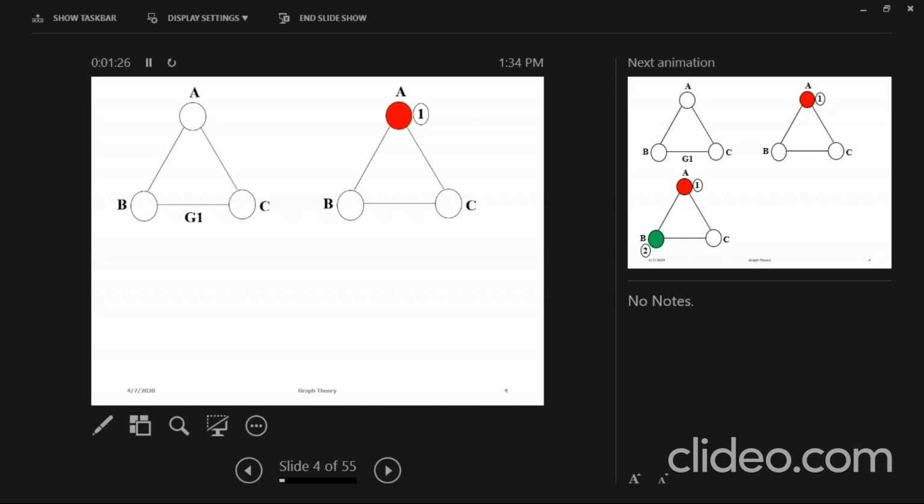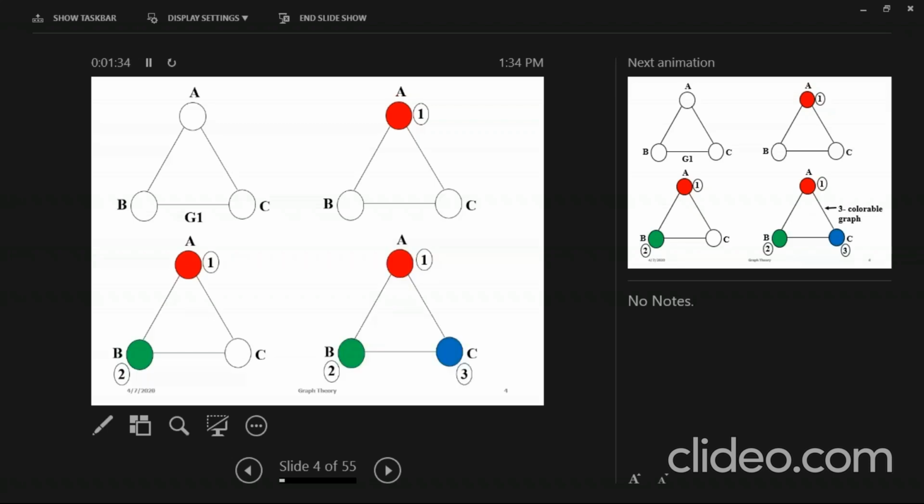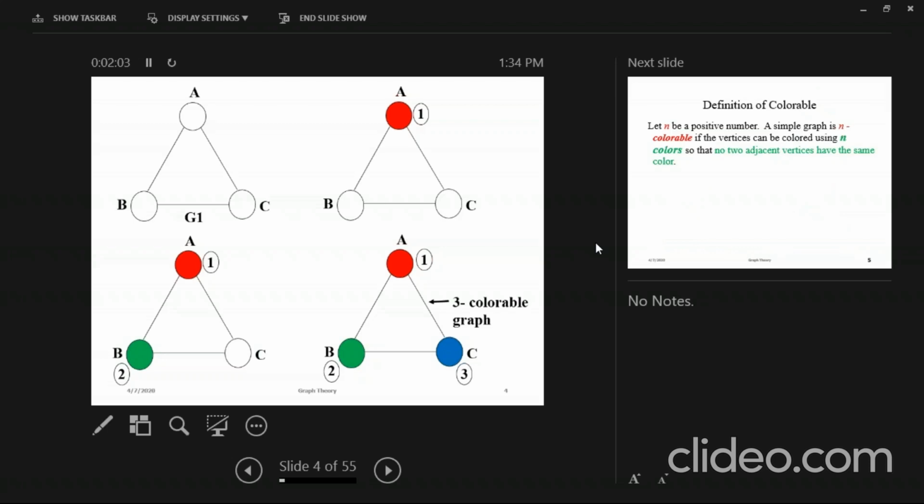So we cannot assign red color to vertex B, that is the second vertex, so we have assigned green color to vertex B. And the third vertex, that is vertex C, should not get the same color as A and B, because C has the adjacent nodes A and B. So we have colored it with blue color. To color this specific type of graph, which consists of three vertices, where all three vertices are mutually adjacent, it requires three separate colors. And here we have colored the graph with three colors, so it is called a three colorable graph.